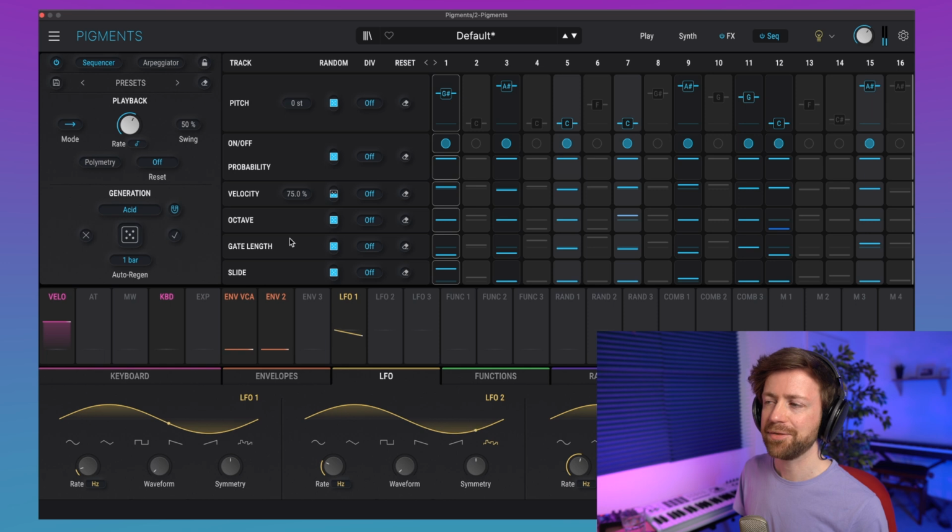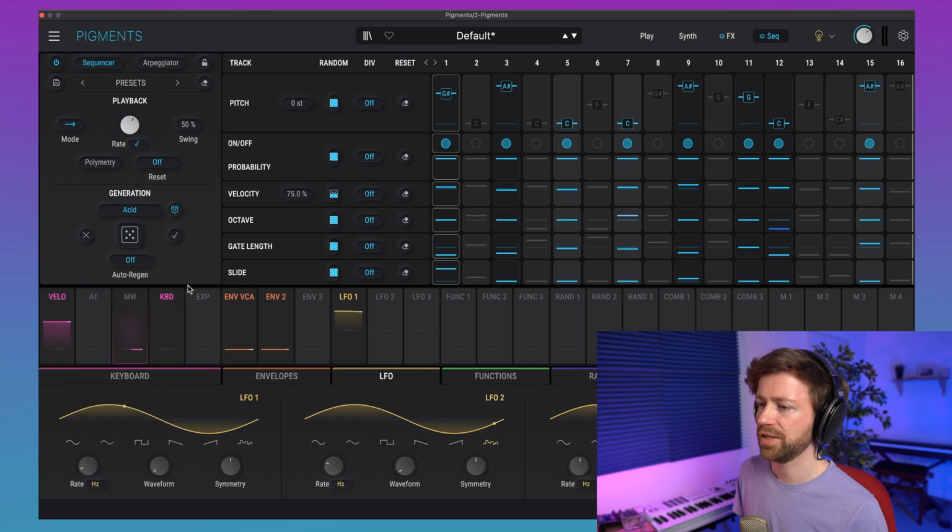And while this sounds kind of cool, I feel like it's too random, because there's also a cool sweet spot between fixing some steps but also leaving some space for randomness, which is what you actually heard in the intro example. Because you can lock steps. So I recommend to